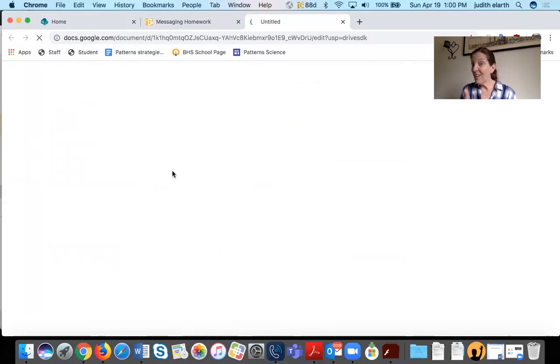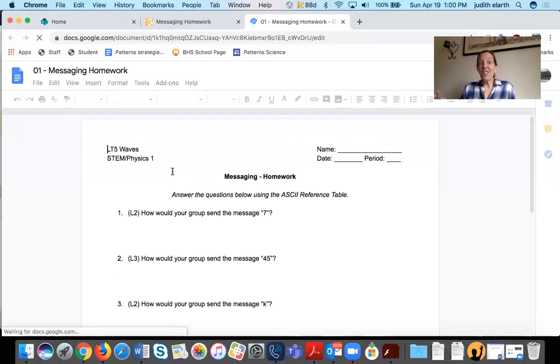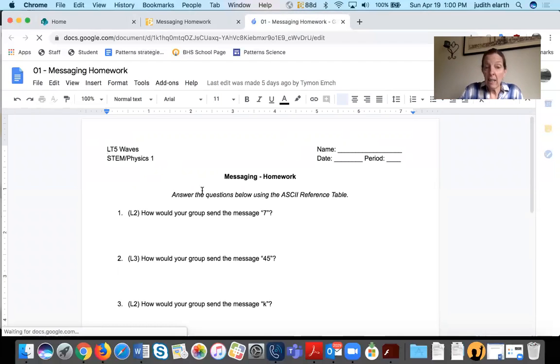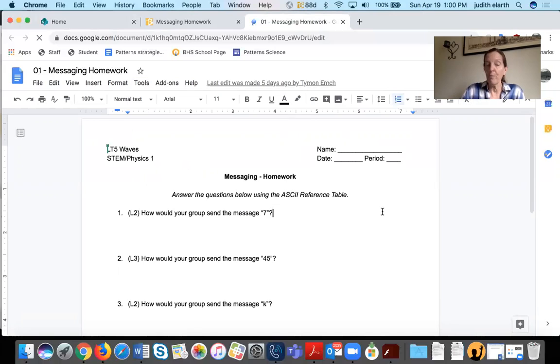One more try, and then we'll see. Magic. Okay, so again, if you don't want to do it in English, you can go to Tools, and you can do Translate, and change it to another language. For now, I'm not going to, okay?